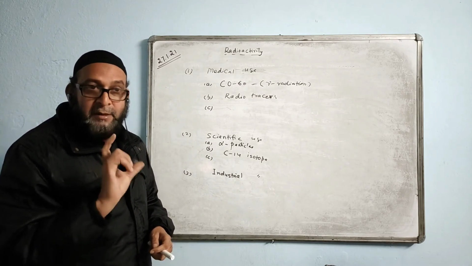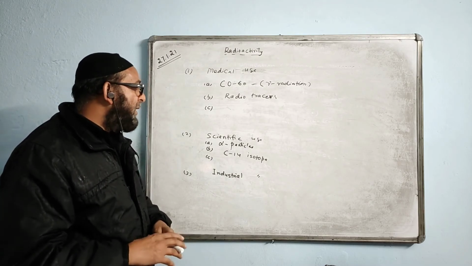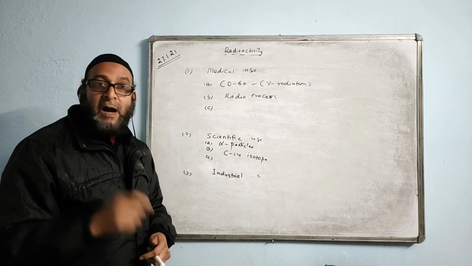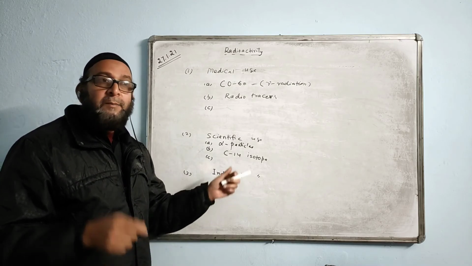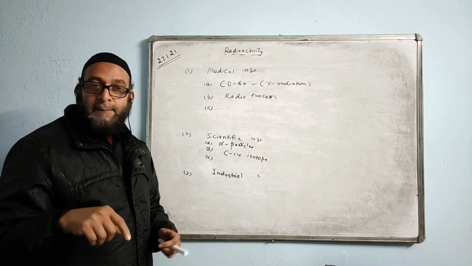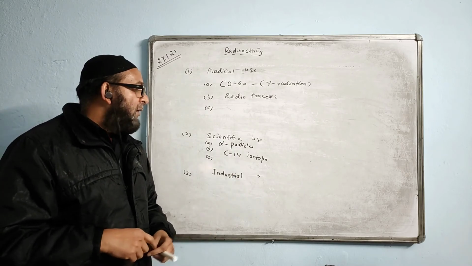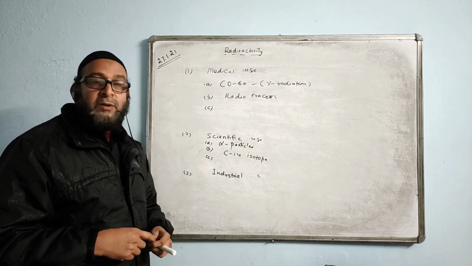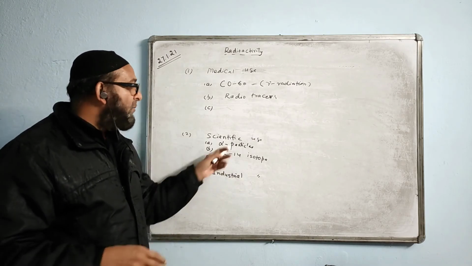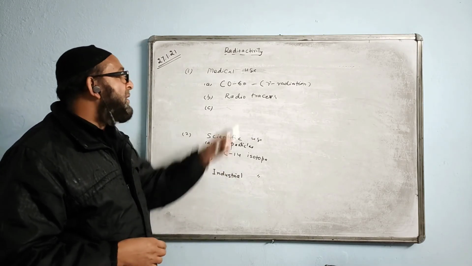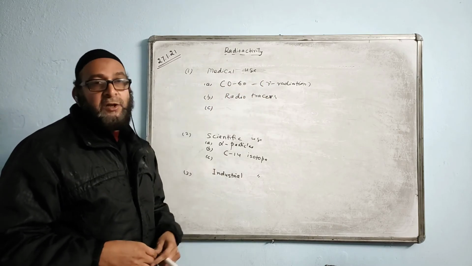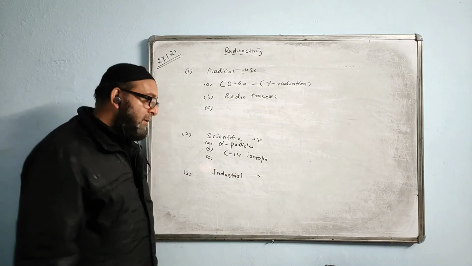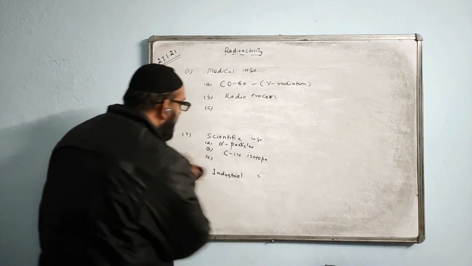We have to know the name of the radiation also, because in one year's question they have given which radiation of the radioactive materials is used in carbon dating. Then you have to write the answer: beta radiation. Beta is used for carbon dating. The question also asked which radiations from the radioactive materials are used in the scattering experiment. You say alpha particles. Most important is this one, the 4.16: gamma radiations are used for the treatment of cancer. Very important one, so remember it. Okay.